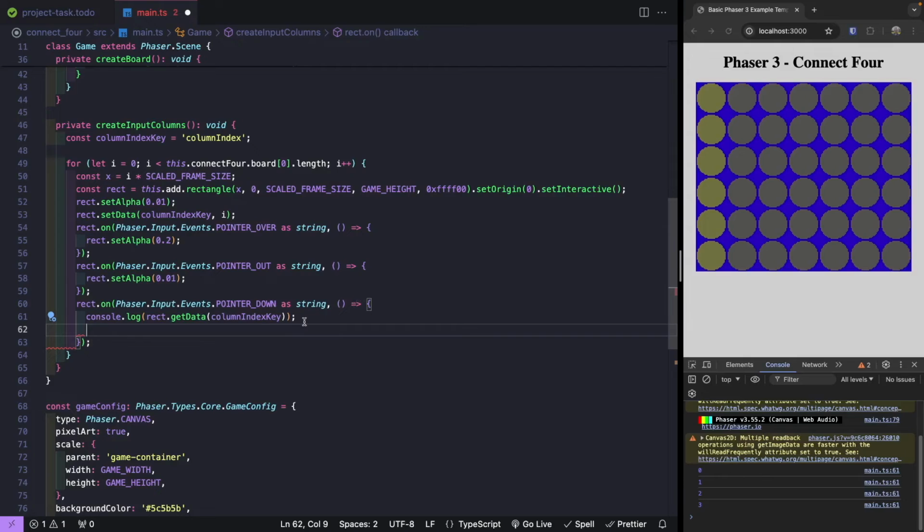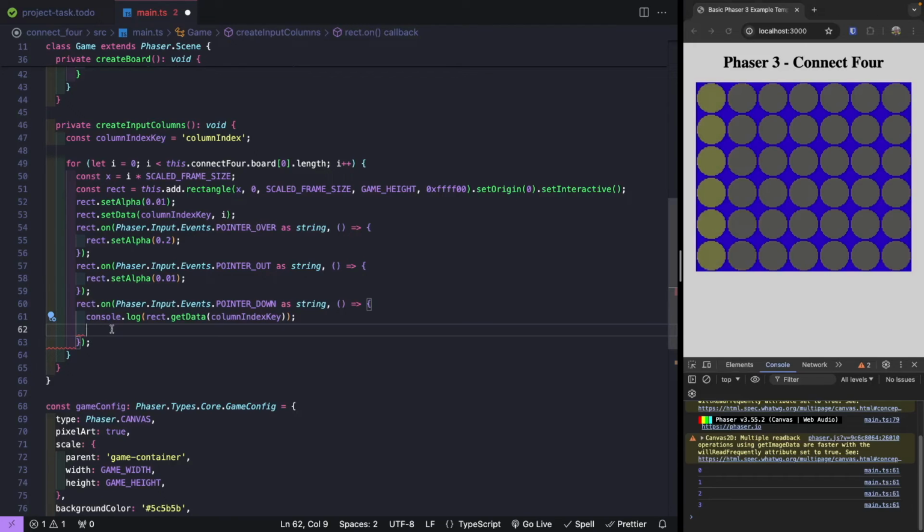All right, so now that we can click on one of our columns and we know which column we're actually clicking on, we can connect our logic to our Connect4 library. So when we click on one of our columns, that's going to be a player taking a turn. And so we'll need to know which player's turn it is, so that way we can add a game piece of the appropriate color. And then we need to go ahead and call our makeMove method on our library. In that way our player can make a move